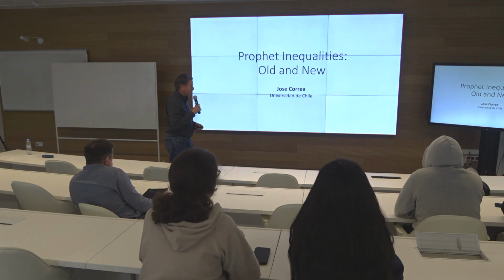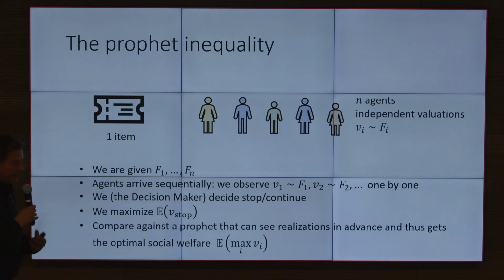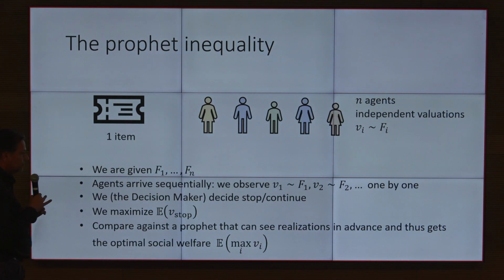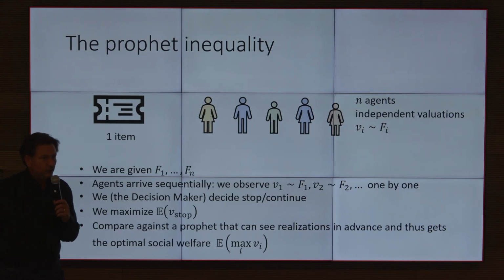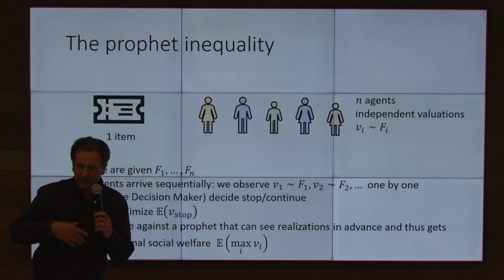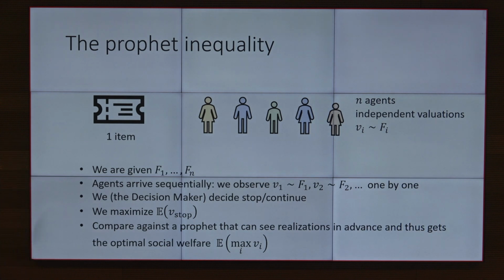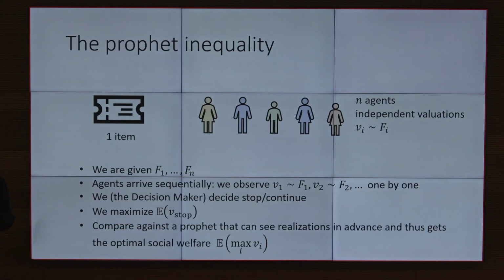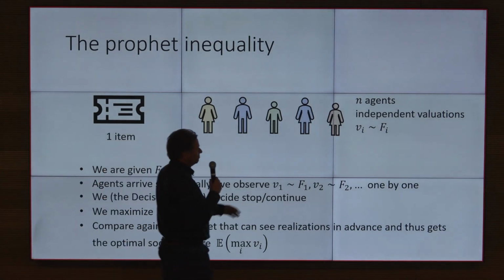So what is the prophet inequality first? It's a very simple online decision-making model that was born in the late 70s. In the late 70s, people posed secretary problems and many other online decision-making problems. And this was one of them. And the basic model is as follows. Suppose I have one ticket that I want to assign, and I have a sequence of agents with independent